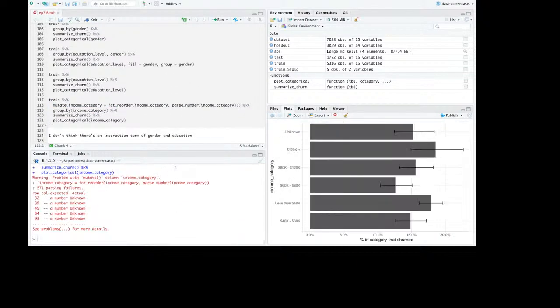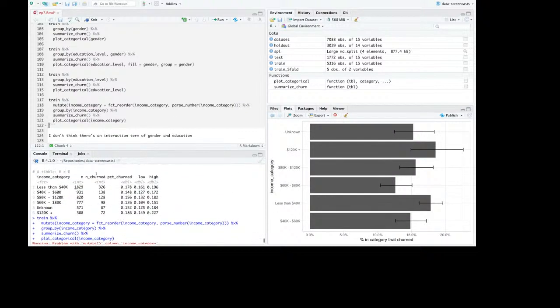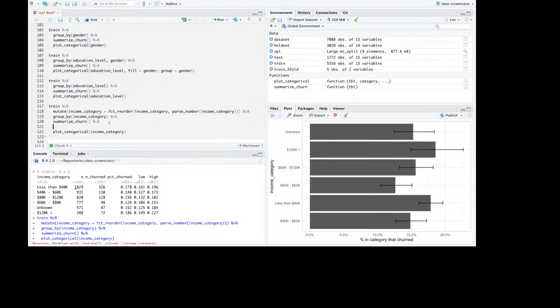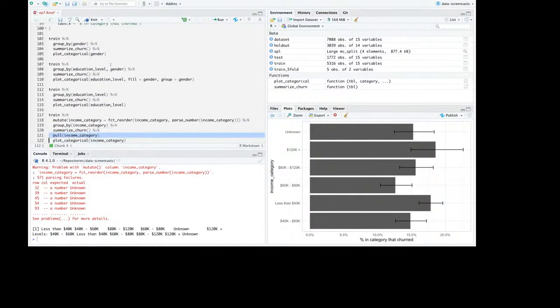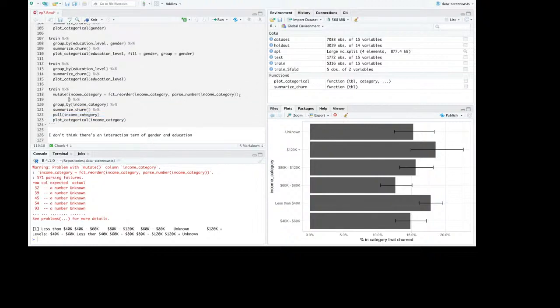See, here's what we did. I tried reordering them. Did it work? Pull income category. Yeah, it does have them in an order, but I actually also need to put the less than